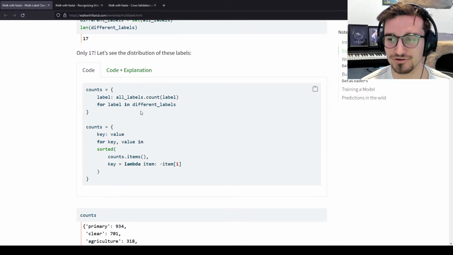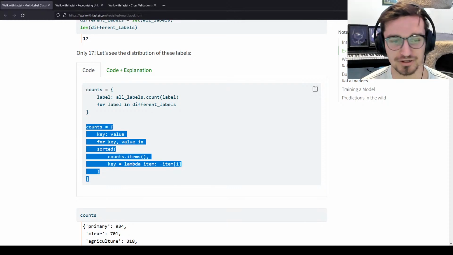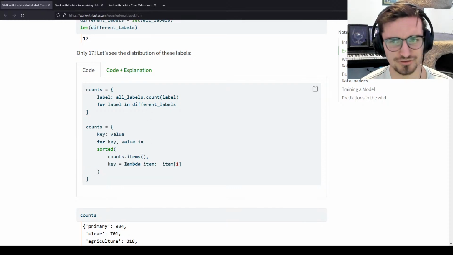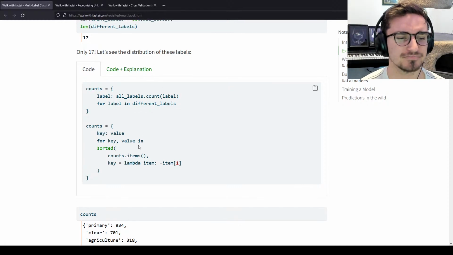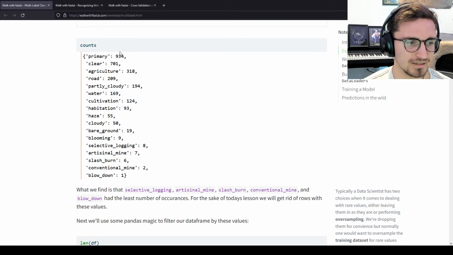What we can then do here is this little code chunk takes all of our labels, counts the number of occurrences for a particular label, and generates a new dictionary off of that before finally sorting them all. That's what this code block does here, and there's obviously the code and explanation tab you can look at later. And what we'll find is most of our labels have primary